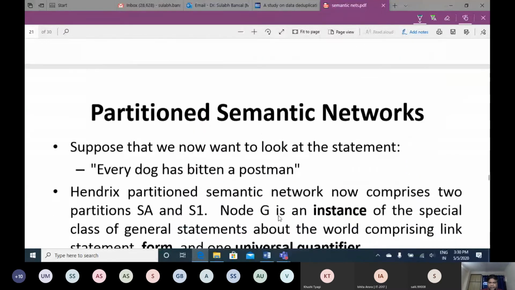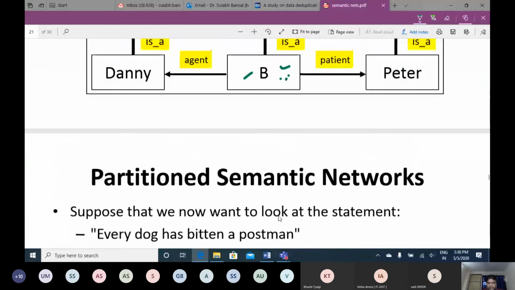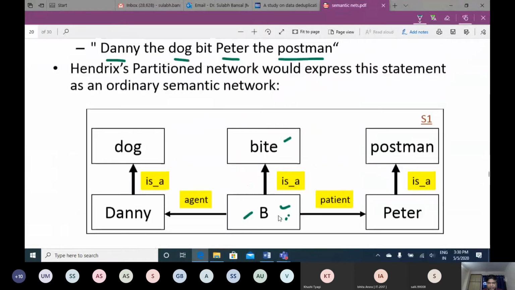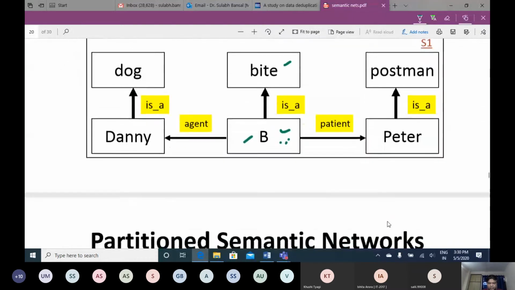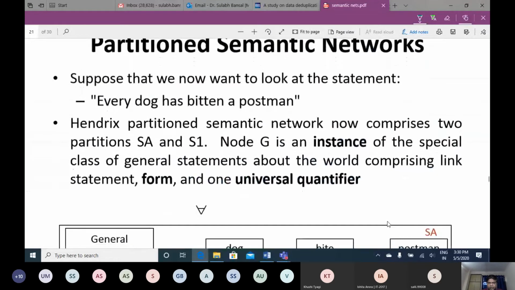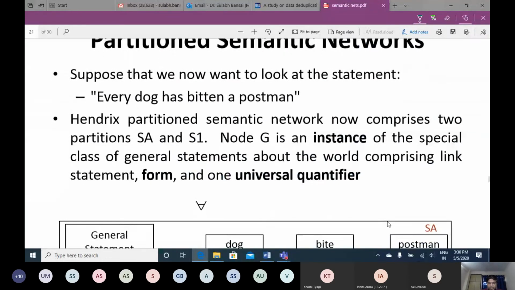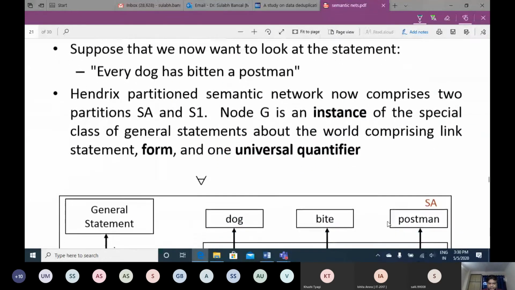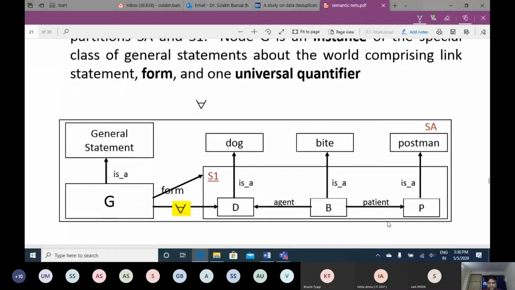So suppose we have represented a partitioned network, a small sub network, this one S1, which represents this knowledge that some dog Danny has bitten Peter. Now every dog has bitten a postman. We want to represent this. Suppose that we now want to look at this statement. So this is a general statement,